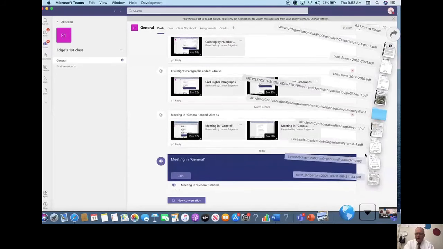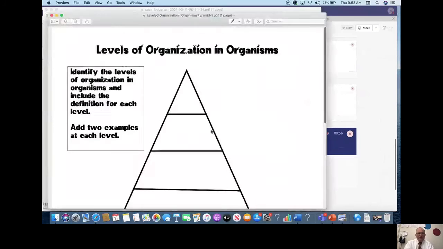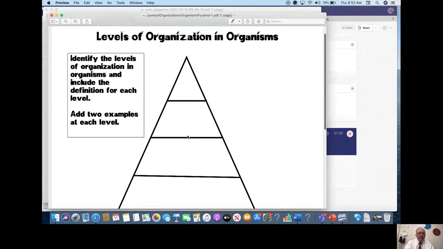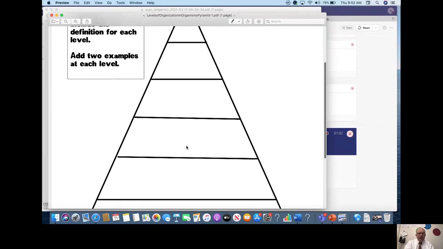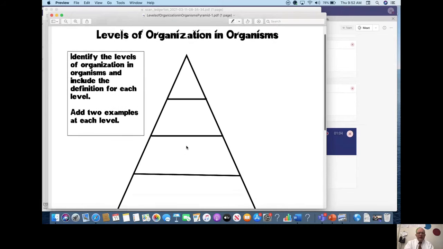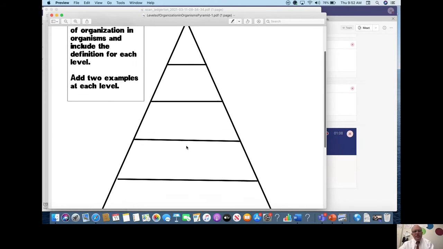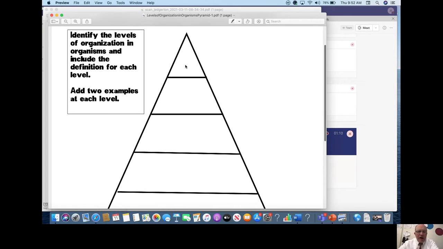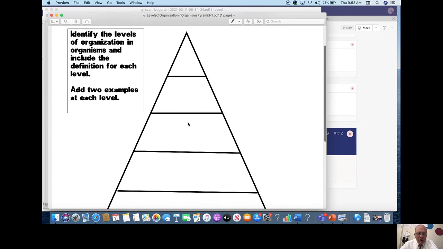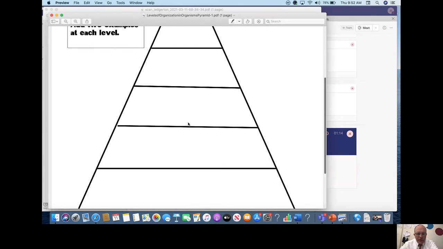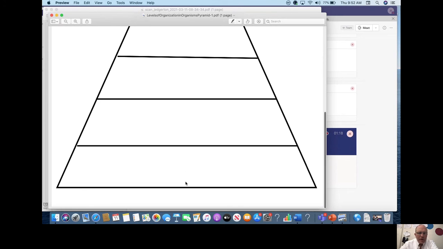lesson. I'm going to share my screen here again. And it's levels of organization. And we're going to use a pyramid to kind of organize it. This is a PDF, so you guys at home, there's going to be an answer sheet attached. So it's going to start with the top level, and then you're going to work your way down as the organizations get bigger, and then you'll end up with the actual organism